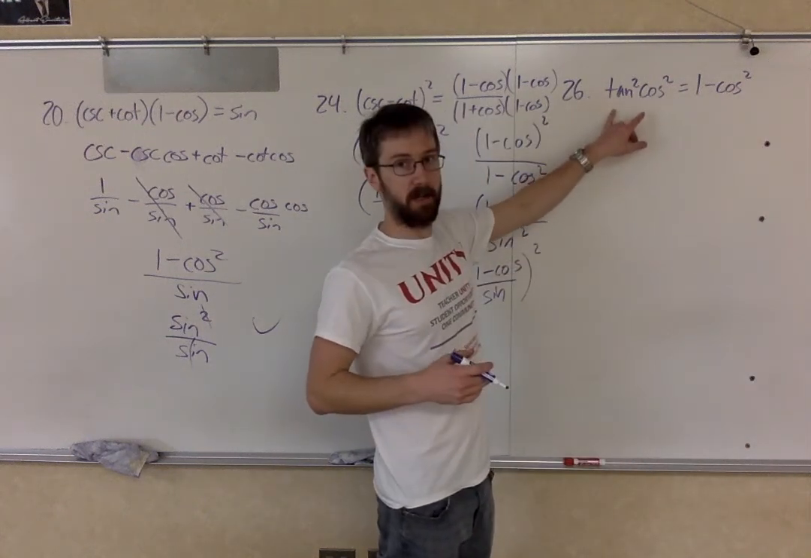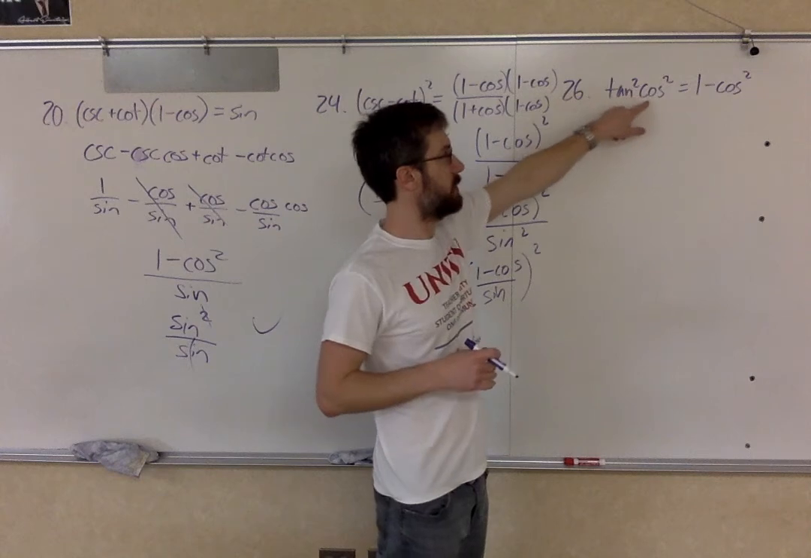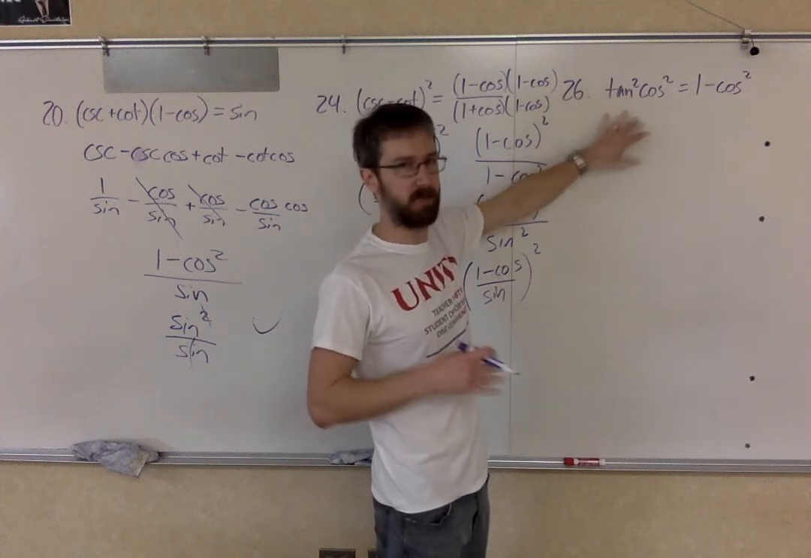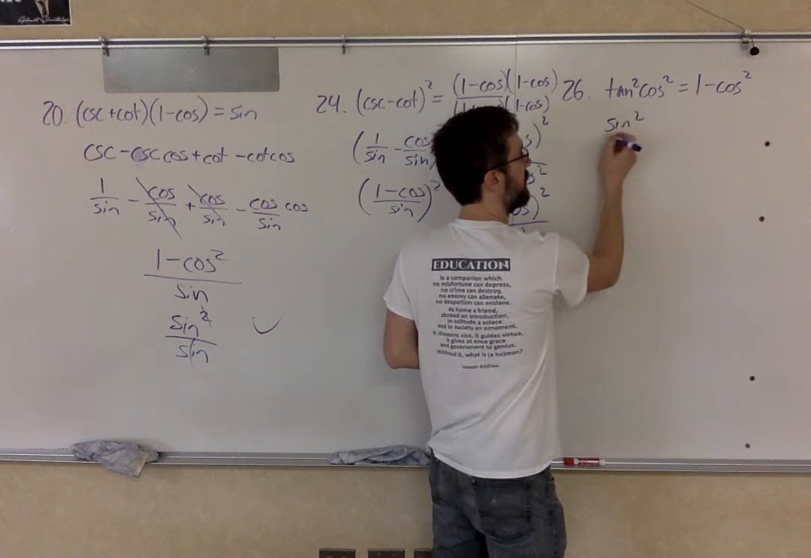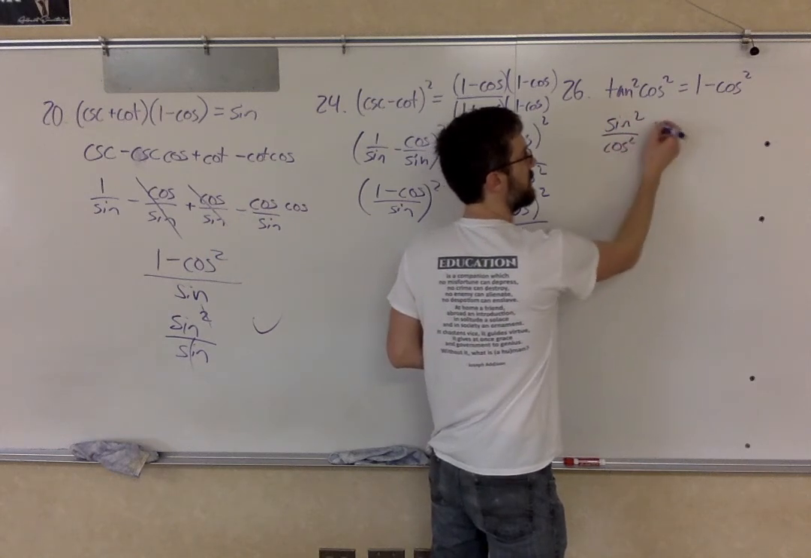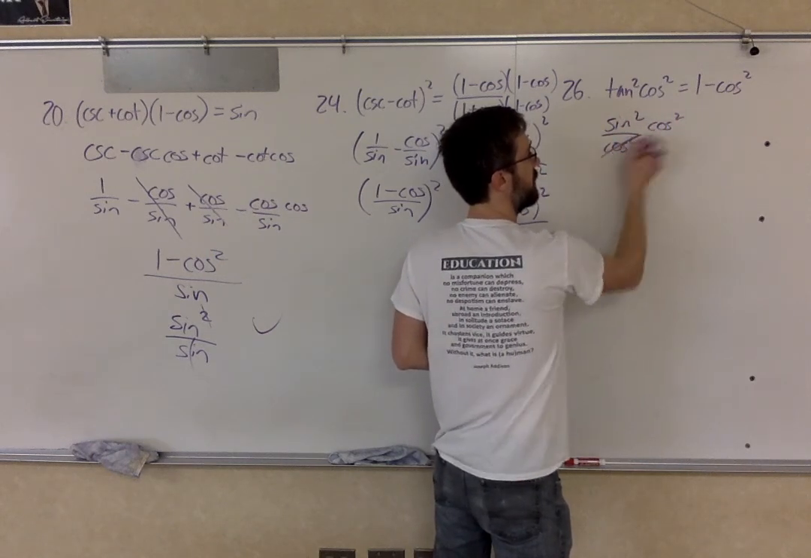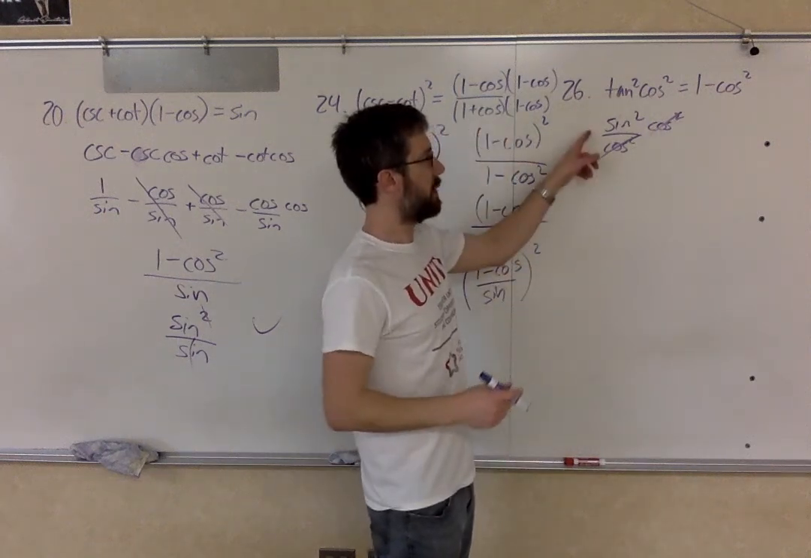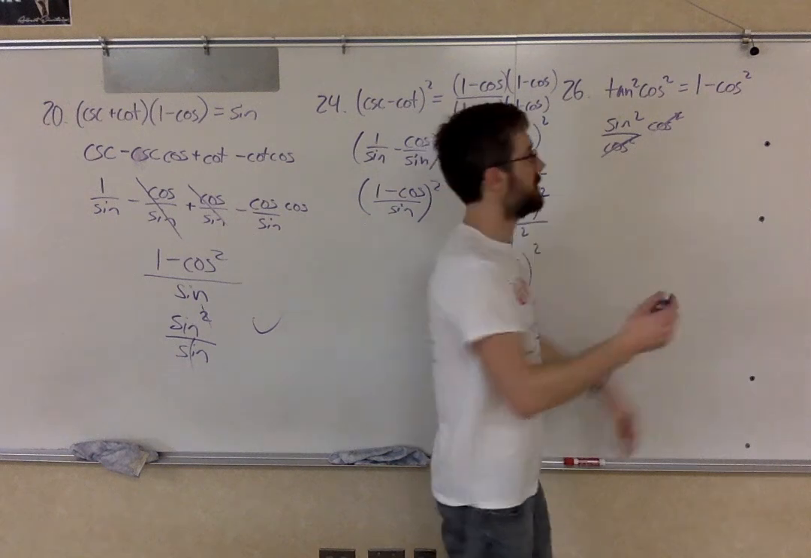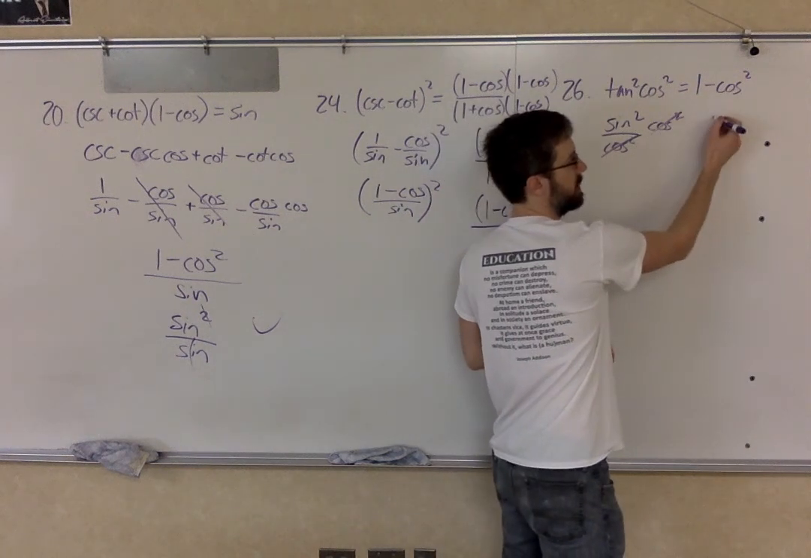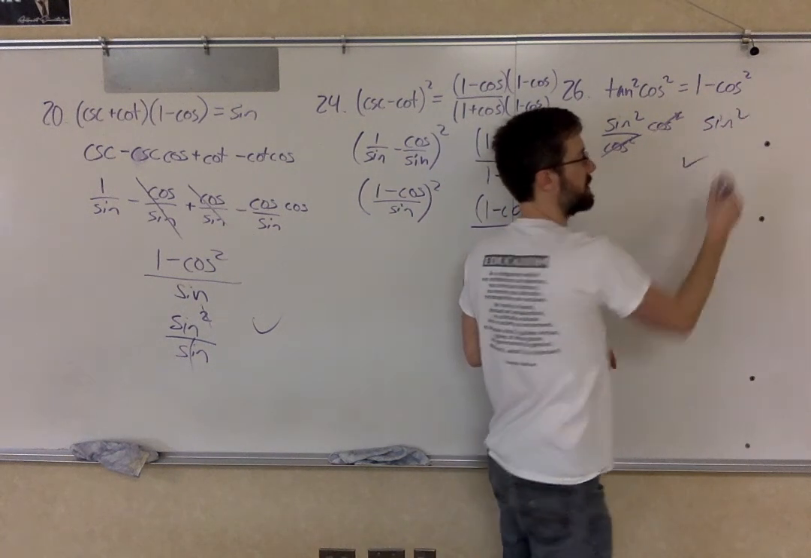Again, I've got a couple things going on here. I've got tangent and cosine together. Maybe I just switch it to sine cosine. So it's sine squared over cosine squared times cosine squared. That cancels. And now it's sine squared. Well, guess what? Sine squared and 1 is equal to 1 minus cosine squared. So I could even take this side and just say, oh, that's sine squared. Now both sides are equal, so I'm